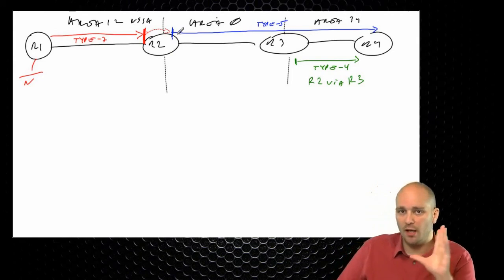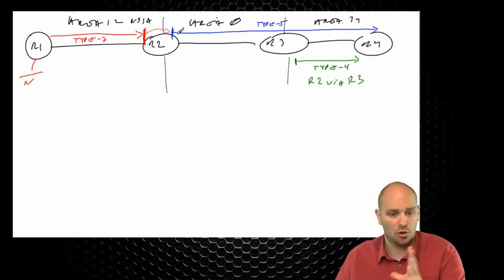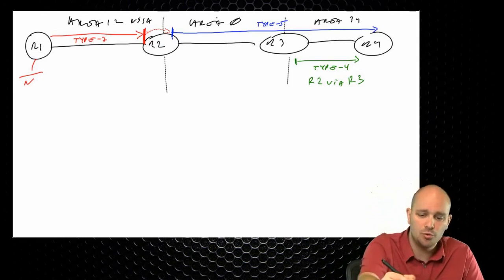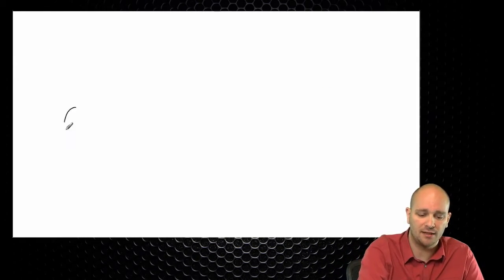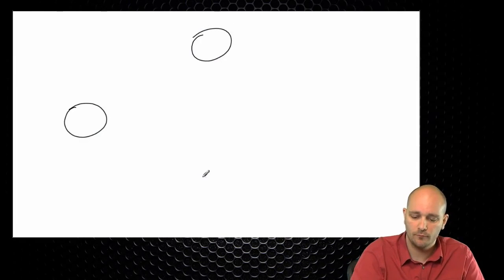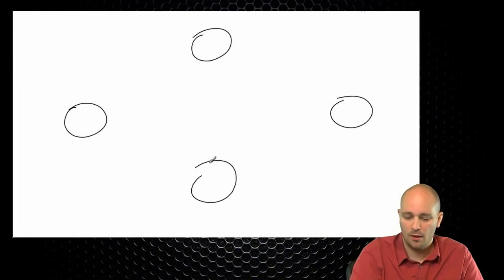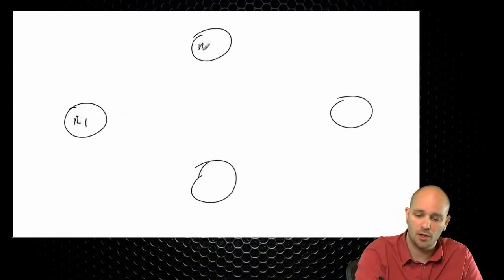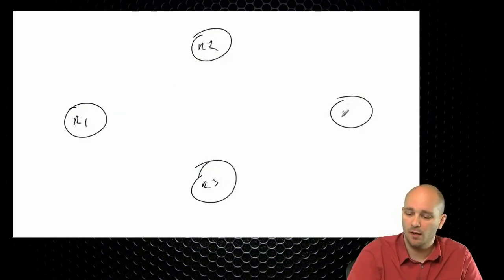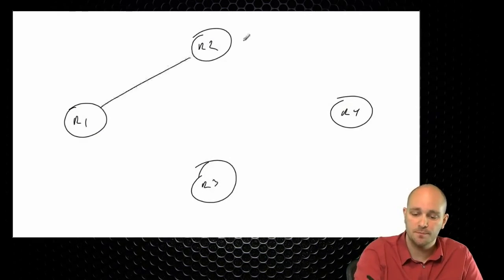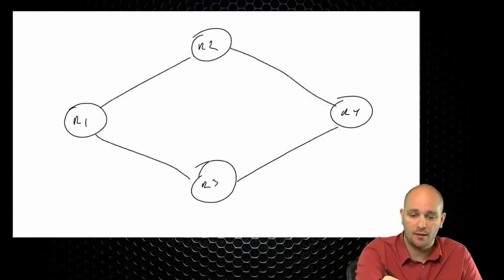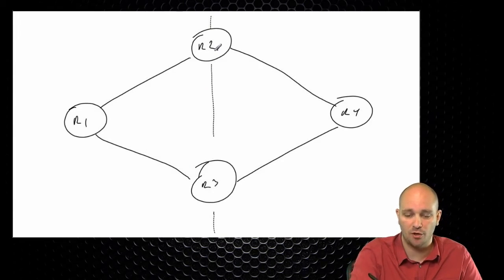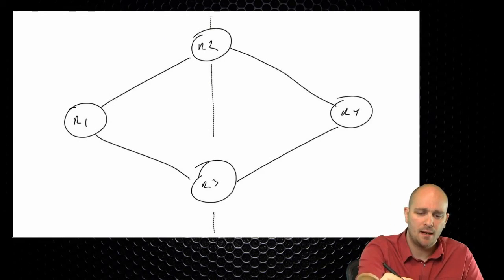Which brings me to an incredibly important concept. And for that, I'm going to use again that other network that I had. So let's say that we have R1, R2, R3, and R4. These are the connections, and they're all equal cost. And this is the area border. So there is no connection between R2 and R3. This is just a border between them. Okay? Now,